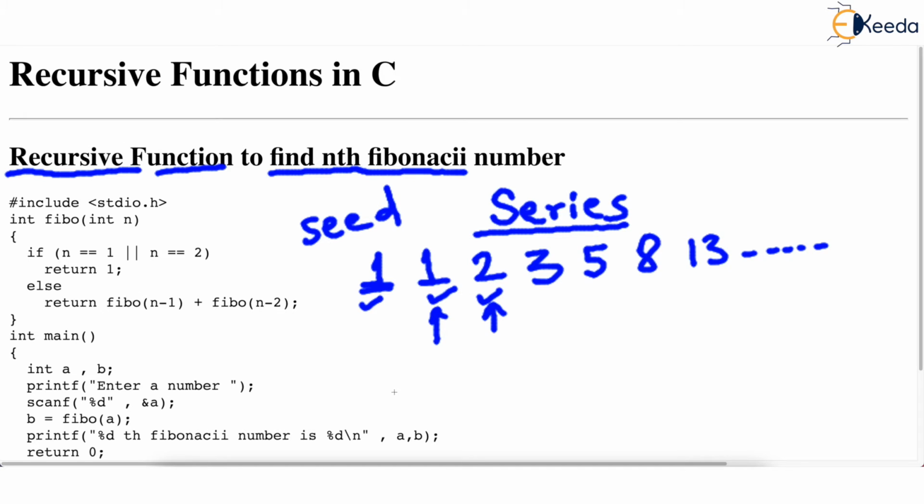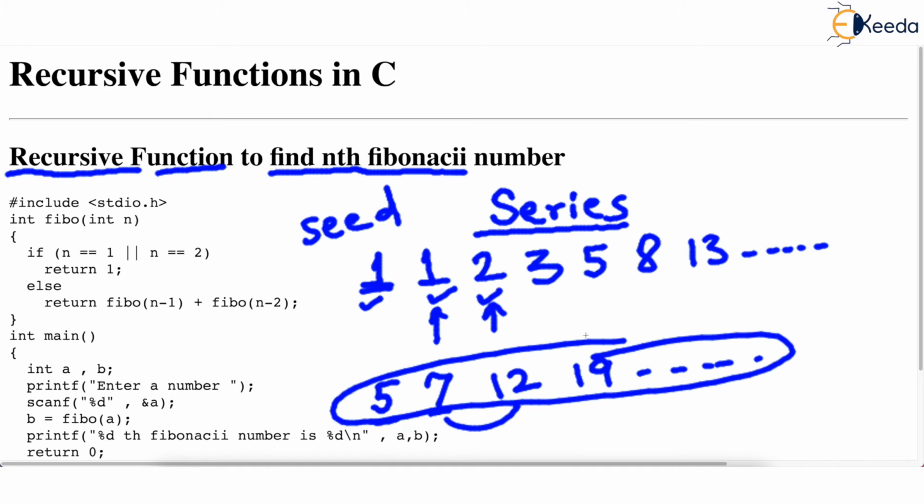As an example, if I take first two numbers as 5 and 7, I am not wrong. Now these are the first two numbers, then the next number will be addition of previous two. And the next will be addition of 7 and 12, and so on. So this is my Fibonacci series. But typically we take the beginning as 1 1. There is no such rule that you have to take 1 1 only as the beginning, but in our program we will take that as the first two numbers in the series. I hope that point is clear.